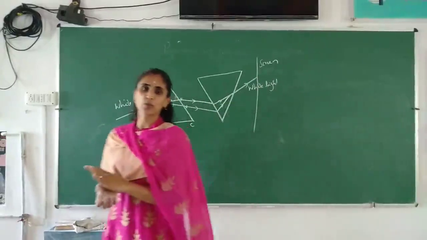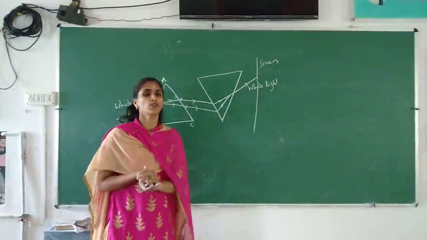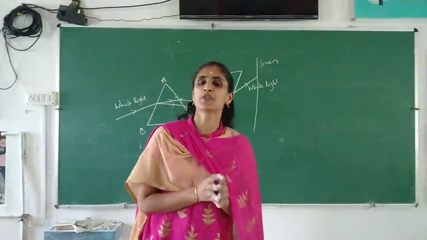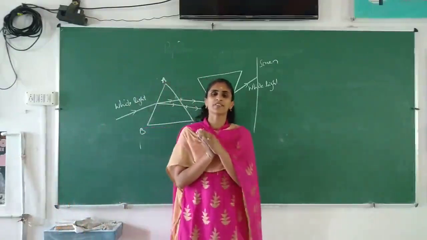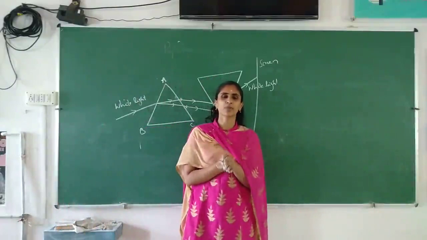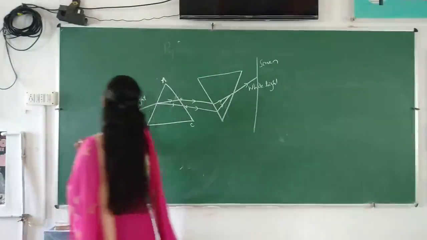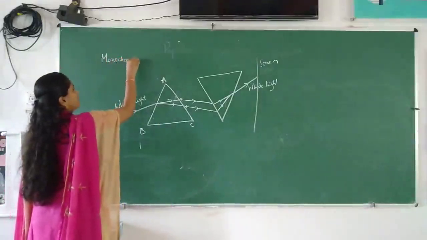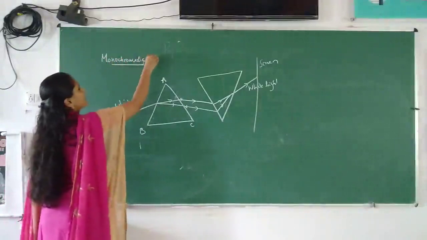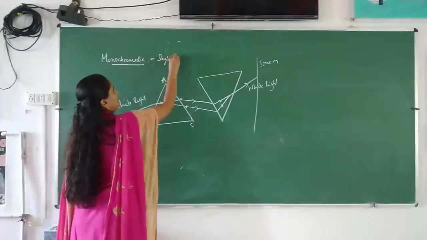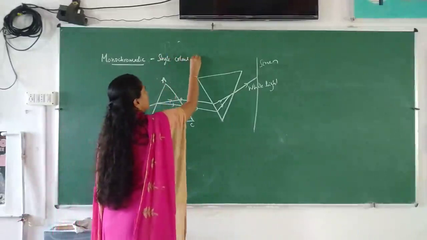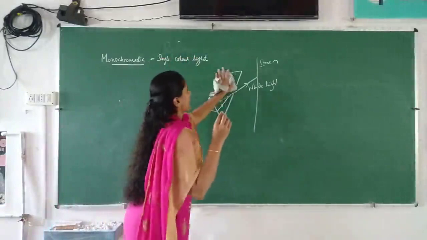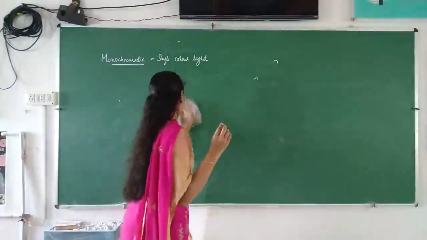So from this we can conclude what dispersion is. It is not a contribution of the prism. Actually, the single composite white light is getting split into 7 colors. So we can say there are 2 types of light. One is monochromatic light and another one is polychromatic. Monochromatic light means single color light, or we can say single wavelength light. Only one wavelength will be there.